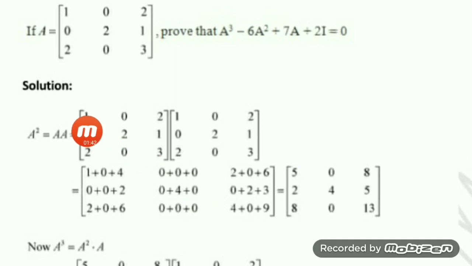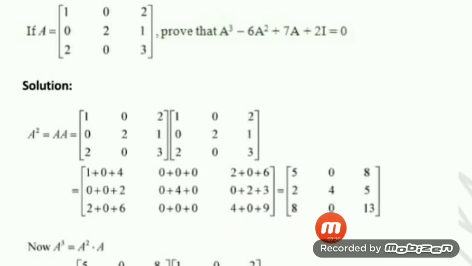Now we have to get first row, third element, the 1 3 position. So first row, third column. Multiply the corresponding elements. 1 into 2 is 2, 0 into 1 is 0, 2 into 3 is 6. Like that, let us start with the second row, first column: 0 into 0, 0 into 1 is 0, 2 into 0 is 0, 1 into 2 is 2. Second row, second column: first element with first element 0, plus 2 into 2, that is 4, plus 1 into 0, it's 0. Like that, let us complete it. And after completion, we'll have what?